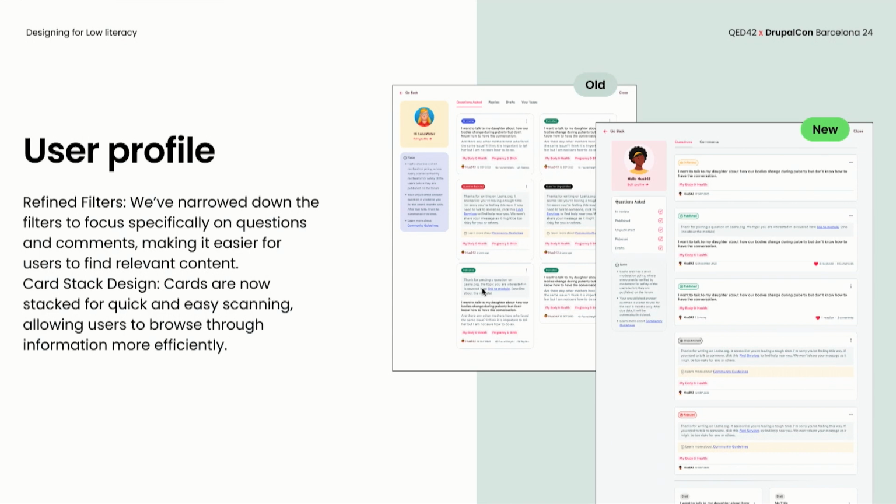User profile. Also for the user profile we had a lot of filters, so we just kept them for questions and comments, and we moved the other filters to the left and stacked the cards one by one, so it is more readable and users are able to understand it more easily.